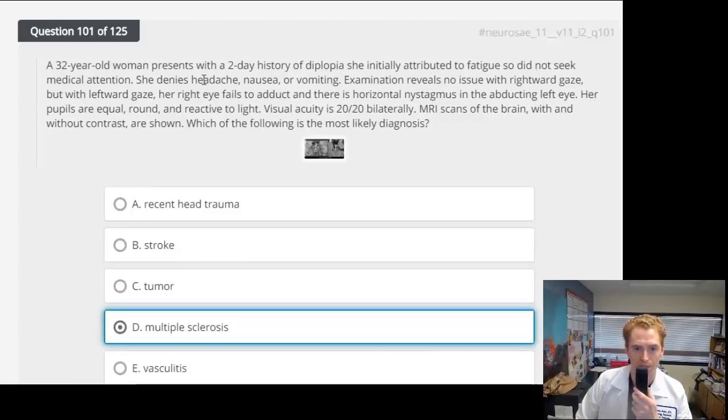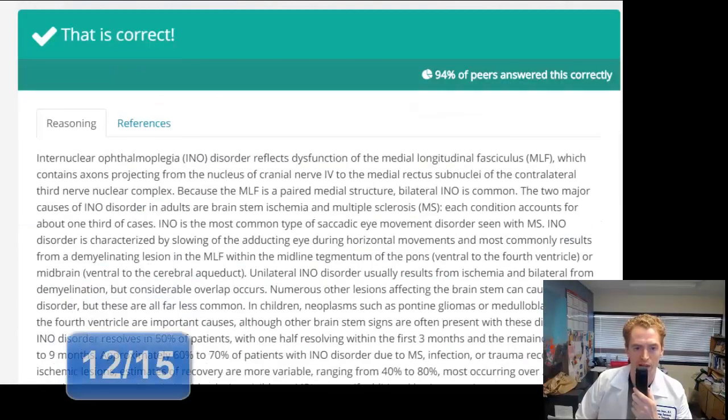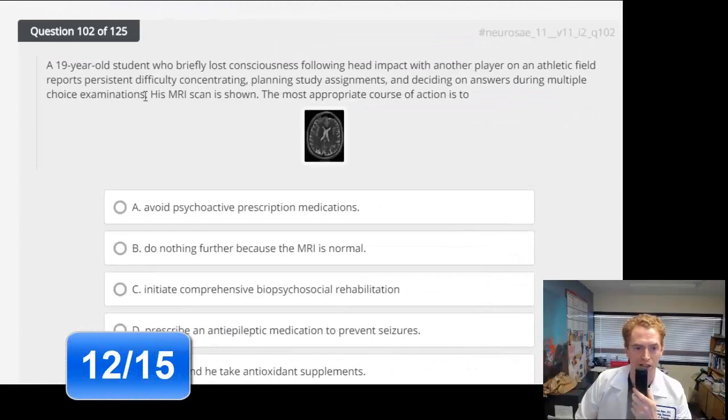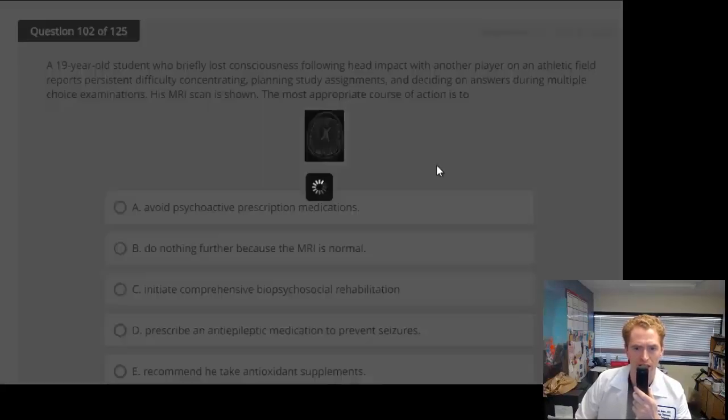2-day history, and she's only 32 years old, so multiple sclerosis would be most likely, just based on age and risk factors. Okay, a 19-year-old student who briefly lost consciousness following head impact with another player on an athletic field reports persistent difficulty concentrating, planning study assignments, and deciding on answers during multiple choice examinations. His MRI has shown... the most appropriate course of action is...